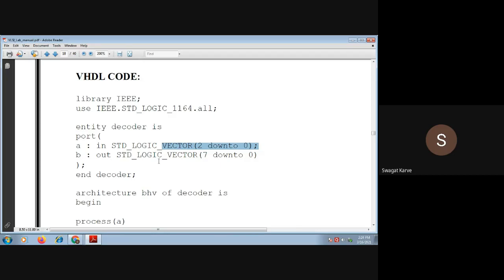The compiler or synthesizer will take this A as only single bit data, and how many bits do we want? 3 bits. For that purpose, if you have to define more than 1 bit of data, you should use this standard logic vector data type. Then and only then are you able to define more than 1 bit of data, right?